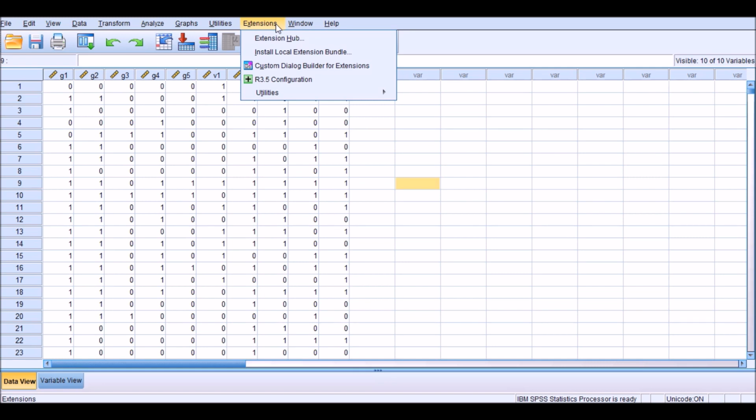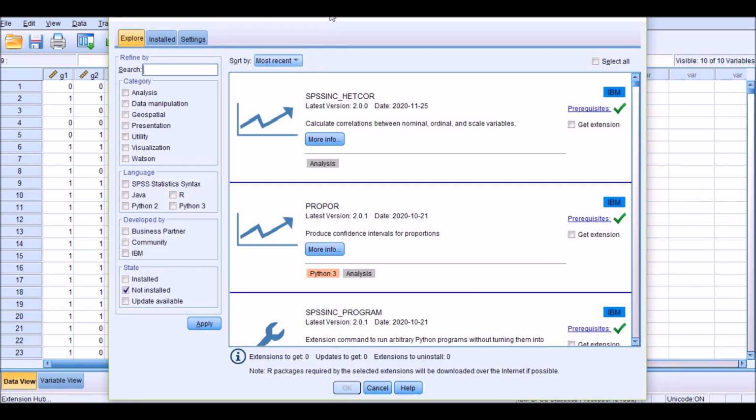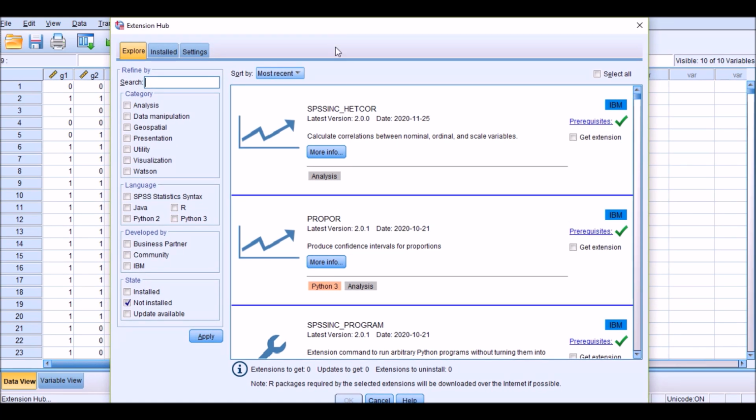The first thing is that you need to make sure that you have this additional option, which is by default not there in the SPSS interface. What you should do is to add it before creating the connection between R and SPSS. So the first step is to go to Extension Hub, and after the connection is created between SPSS and the Extension Hub,